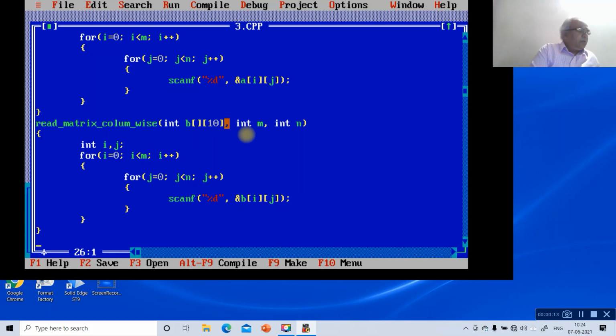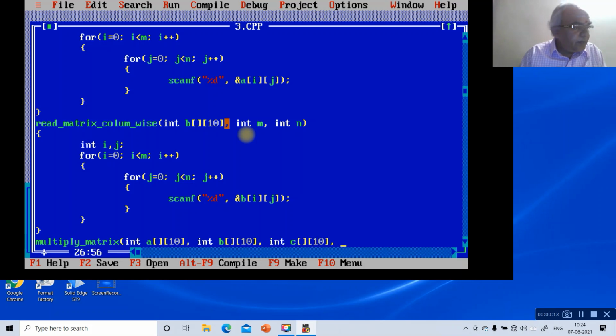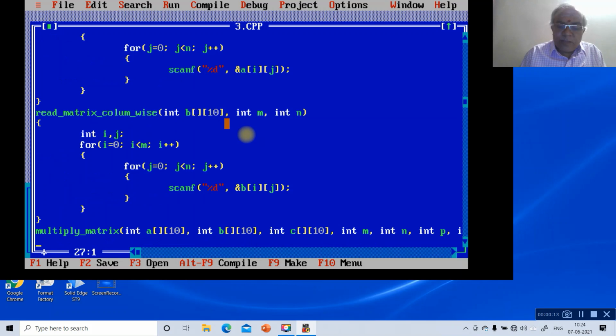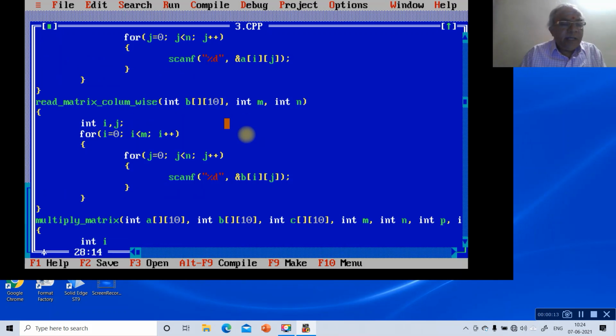Then we will come to matrix multiplication. First we go for multiply_matrix with int a[10][10], int b[10][10], int c[10][10], int m, int n, int p, int q. Then open the loop, int i, j, k, sum.